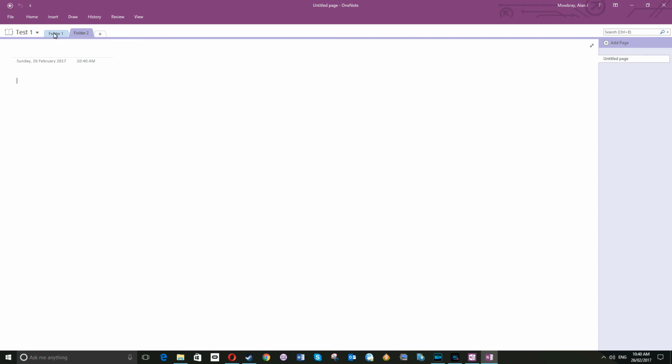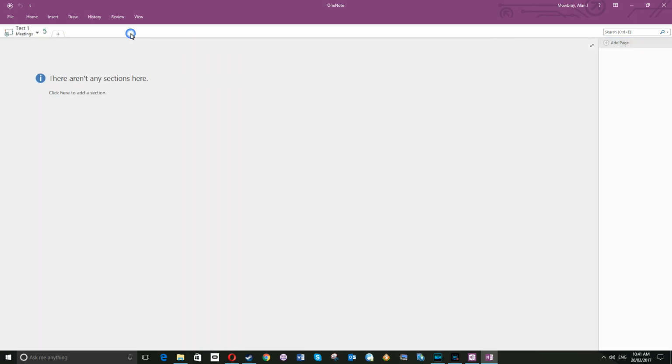All we need to do is go over to one of the section tabs, or what I've just named folder tabs, right click on them, and then go to the bottom where it says new section group. Click, rename it. I'm going to call this meetings. Click off anywhere off the screen, and now I've got a folder, but now I've got another folder that's a group of folders. So it's in the same notebook, but instead of being one single folder, it's now a group of folders. If I click on this, it takes me to a new section,